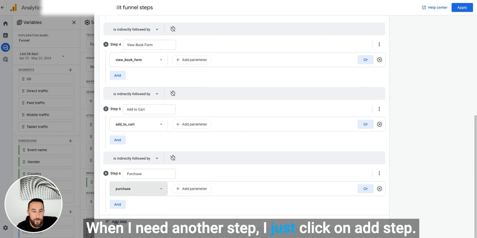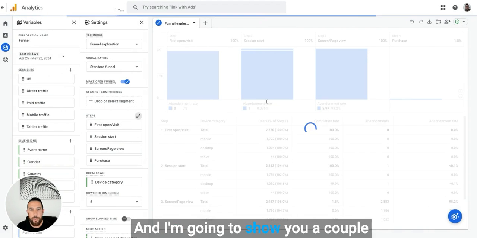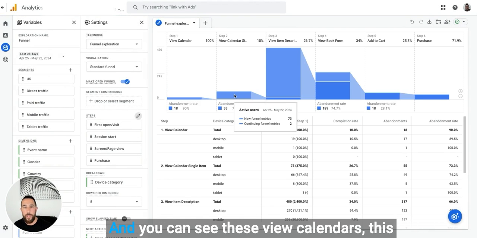When I need another step, I just click on add step. We have this all in place. I'm gonna hit apply. And I'm gonna show you a couple other things that we can do here. And you can see these view